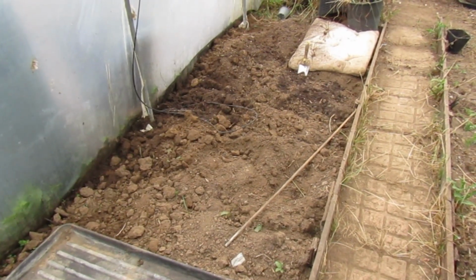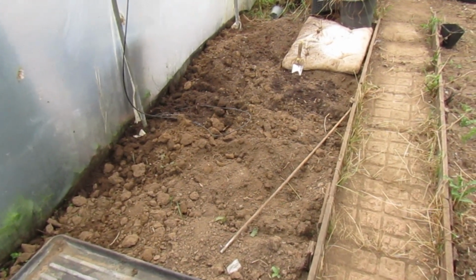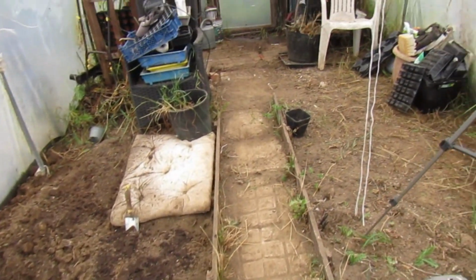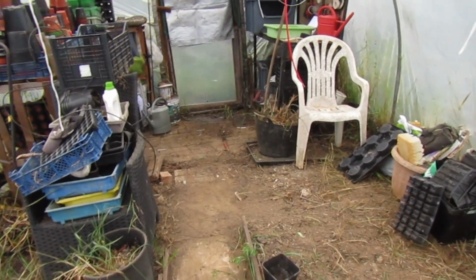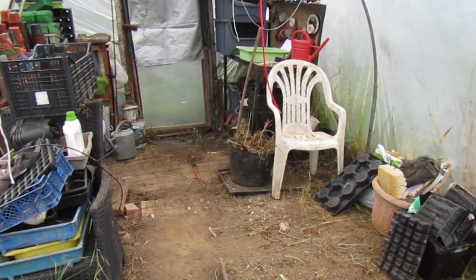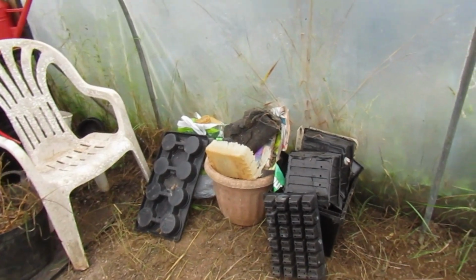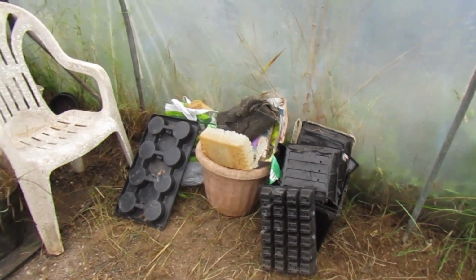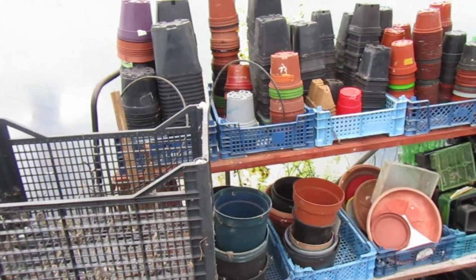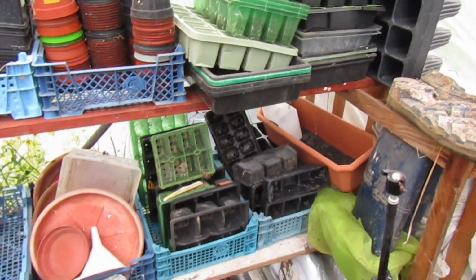So I've got the majority of this bed on the left all dug out by hand, and a lot of the roots taken out. And we've also made a massive difference at the back here. We've cleared away a lot of the roots and the weeds, and we've got a massive pile of rubbish, and we've also sorted out all my pots, trays, pots,